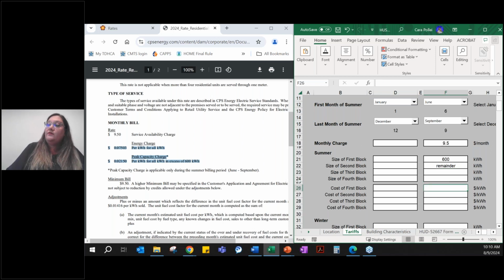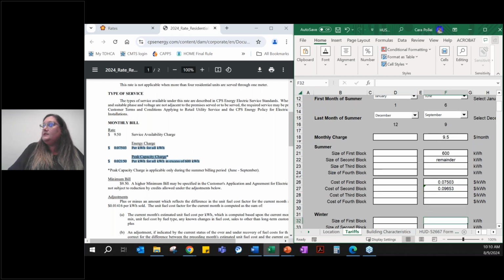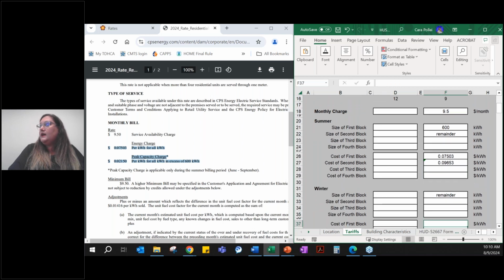So the peak charge, they've already converted cents into dollars. I'm gonna say 0.07503. Because I like to let Excel do the work for me, I'm gonna say equals plus that amount plus 0.02150. Now I've got my summer in there and I need to put winter. Winter looks to be all one rate block, so I'm just going to say remainder on the size, and the charge is going to be